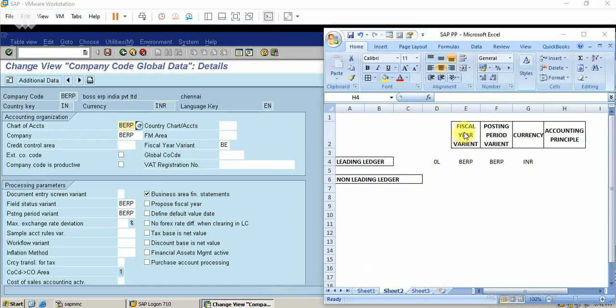Sorry, the fiscal year variant here is B. I wrote it wrong, so let me change it. If you want to know more about fiscal year variant and posting period variant, kindly refer to my previous videos. Now let me show the accounting principle for this leading ledger.